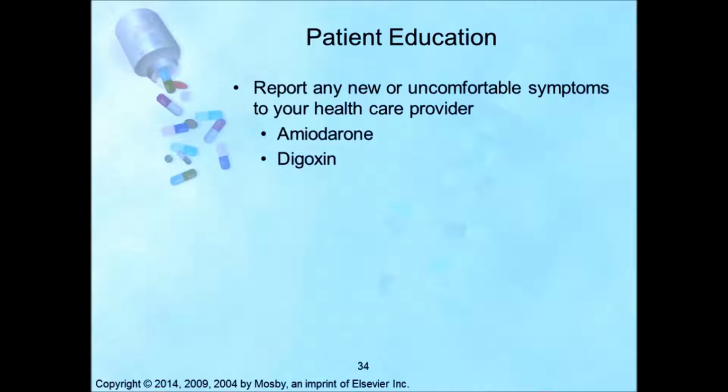You need to advise the patient to call for any breakthrough arrhythmia, dyspnea, or cough, and advise the patients to stress the need for regular visits and testing to monitor toxic effects. For digoxin, they need to report any occurrence of yellow halos around objects, nausea, decreased appetite, or episodes of extreme fatigue. These symptoms may indicate early toxicity.